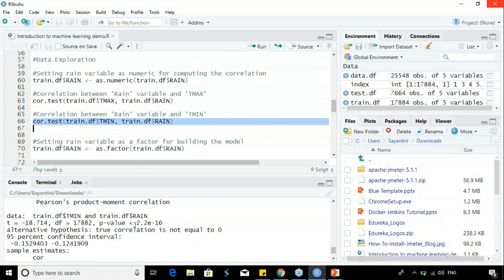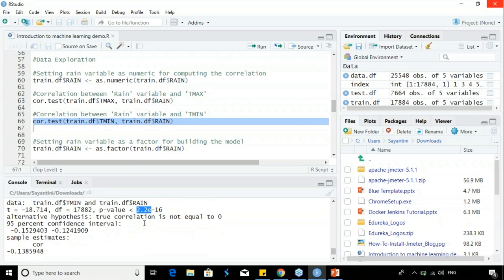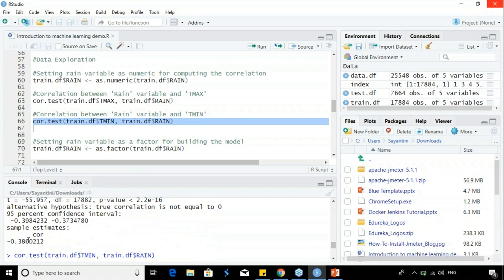Here also the p-value is really small, and this also denotes the correlation between the variables. Here you can see that the correlation is minus 0.38. The correlation value will range between -1 and +1. If your correlation value is negative, it means that the relationship between the two variables is inversely proportional.